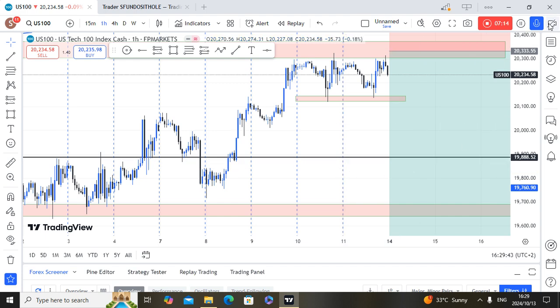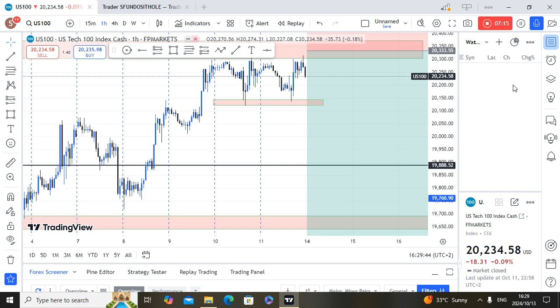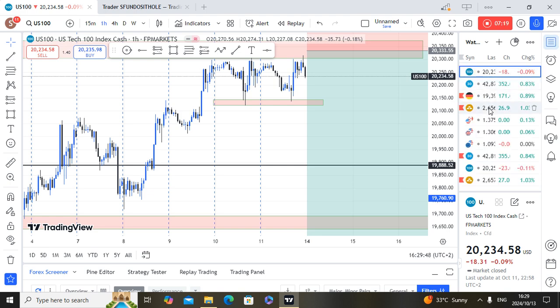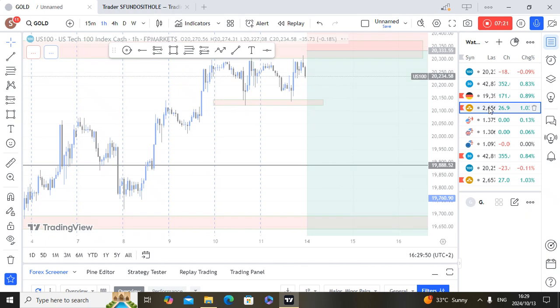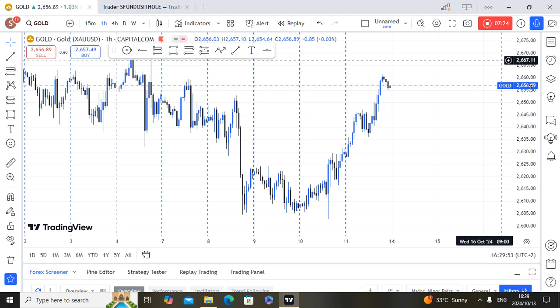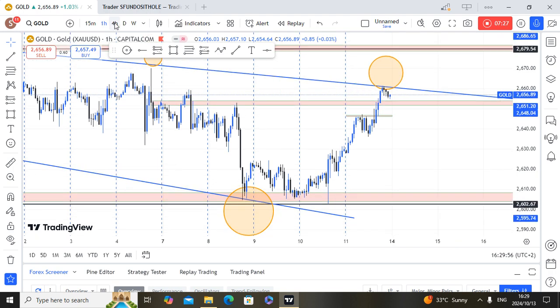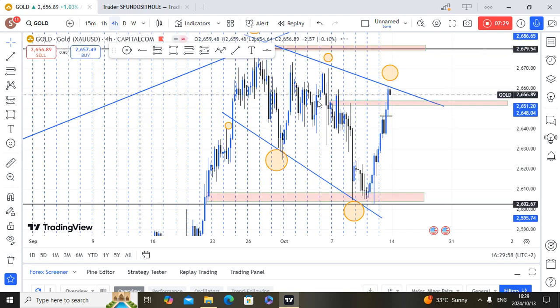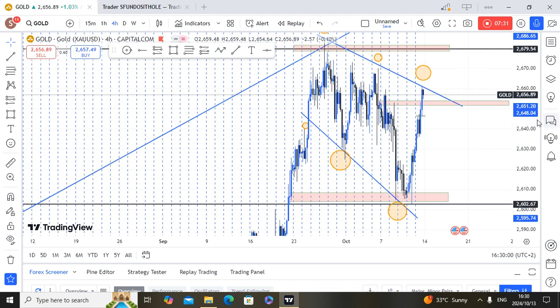So let me jump to US30. Let me jump to US30. So Buffett, I don't think I'll add Euro USD. Let me jump quickly to US30. So as you can see on US30, what we have previously. Previously on US30,